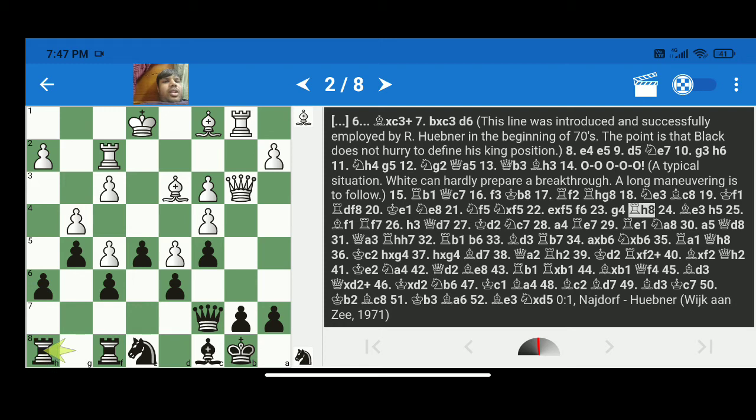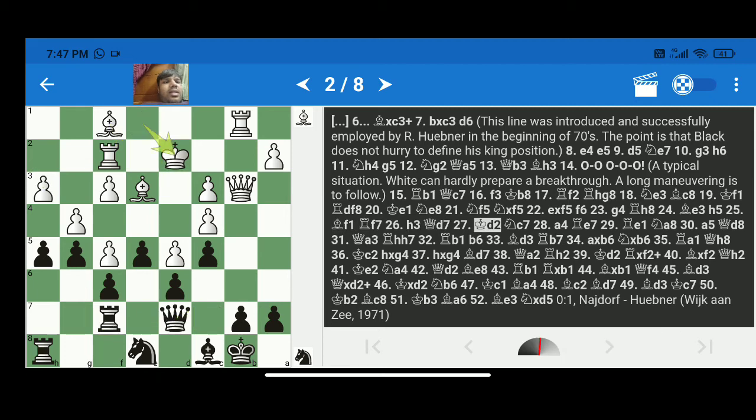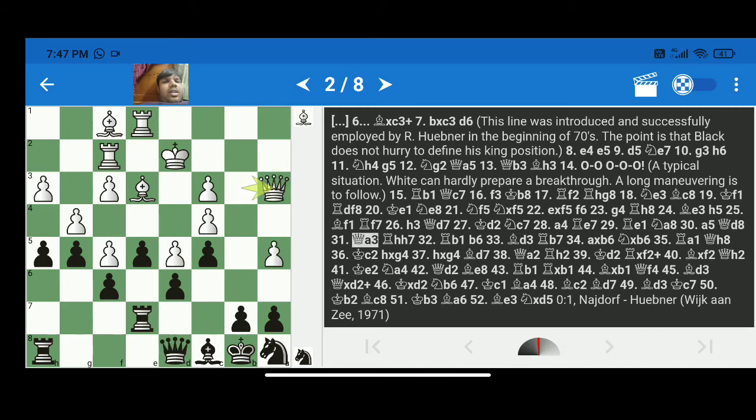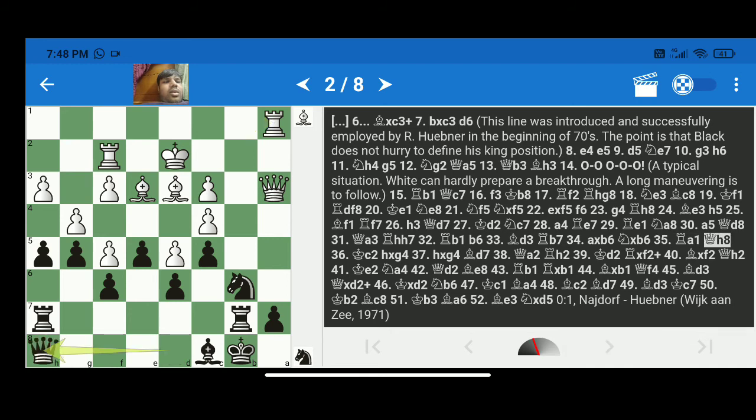Now g4, rook h8, bishop e3, h5, bishop f1, rook f7, h3, queen d7, king d2, knight c7, a4, rook e7, rook e1, knight a8, a5, queen d8, queen a3, rook h7, rook b1 and b6, and now bishop d3. Now rook b7, a takes b6, knight takes b6, rook a1 and queen h8,